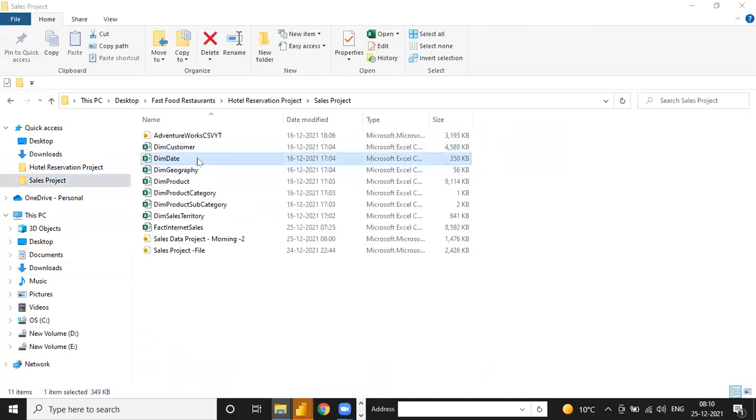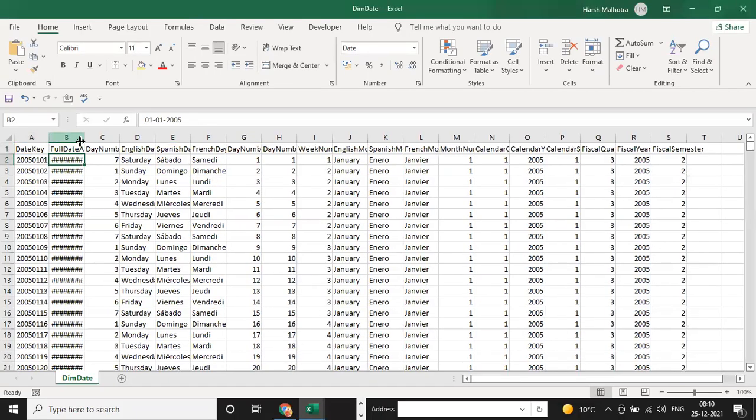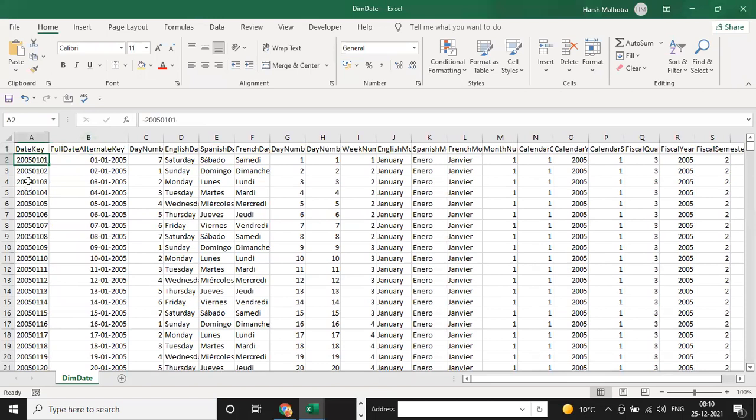this date table is automatically connected. It means in our server, if you have sales data, then this date table will be automatically connected with your sales data. However many years of sales data you have selected, this date table will be connected from your sales data in the server. And if you open this date table, you can match.